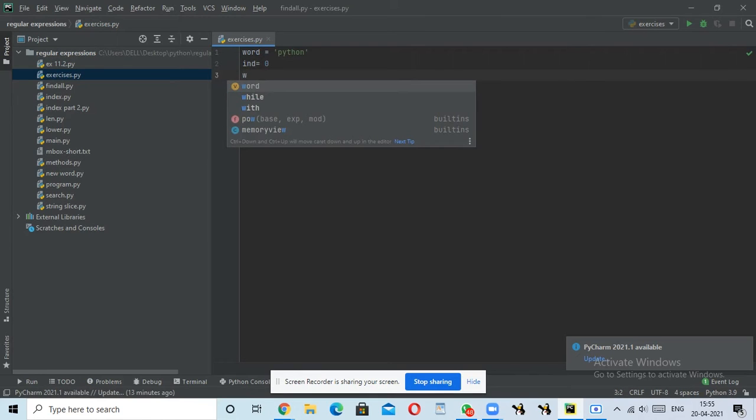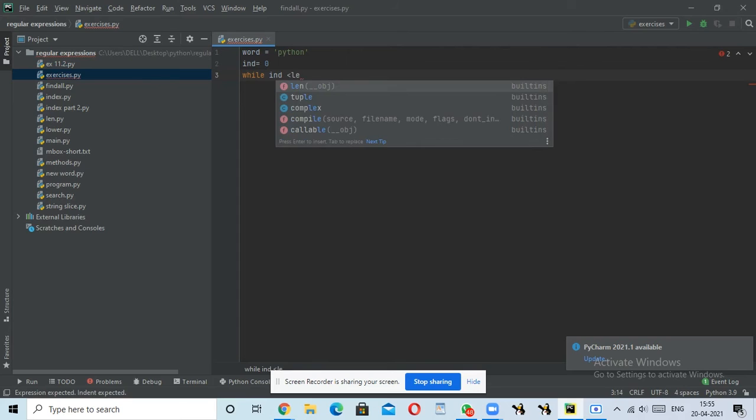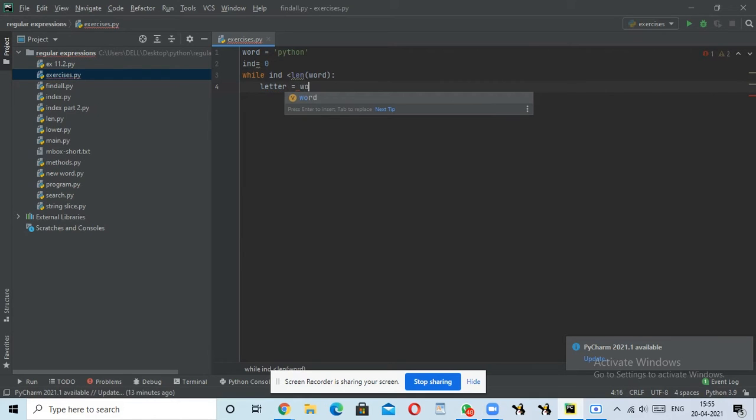Now while ind is smaller than length of word, then a letter is equals to word and bracket operator, we all know that, and